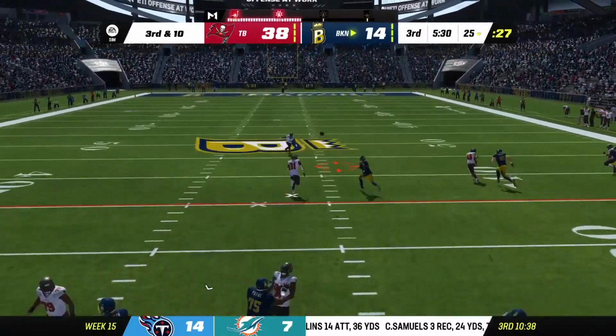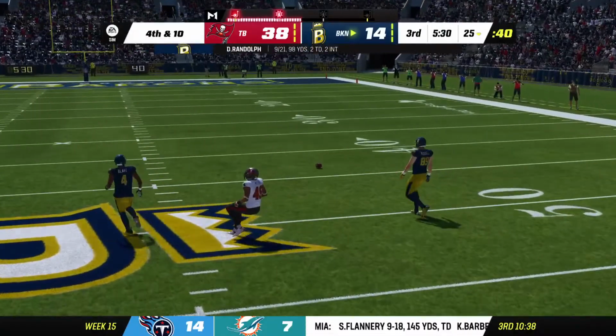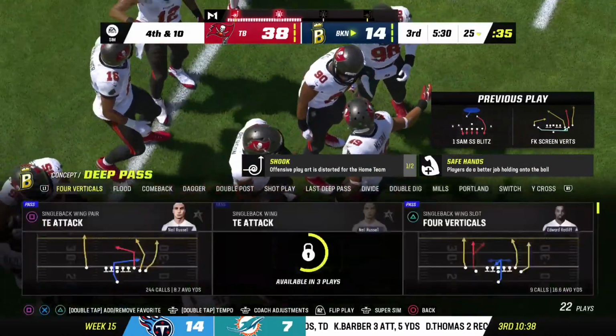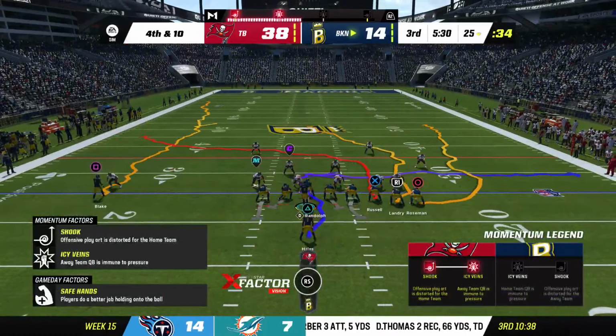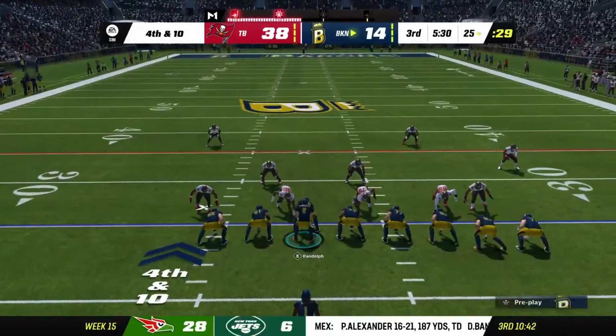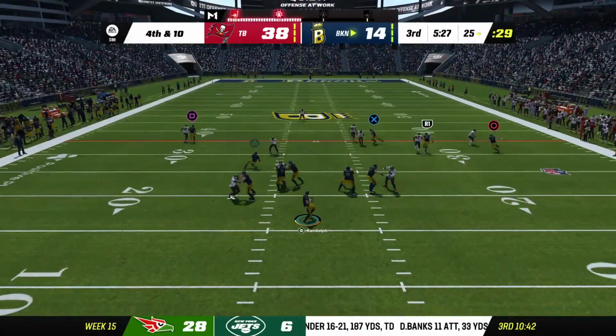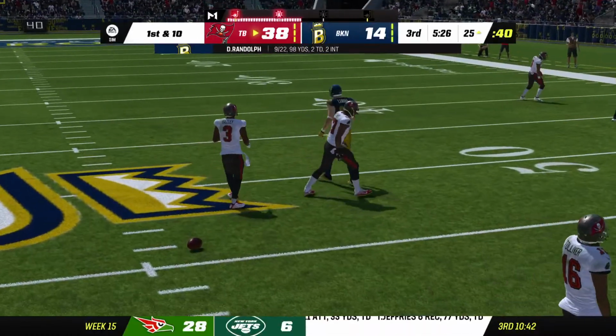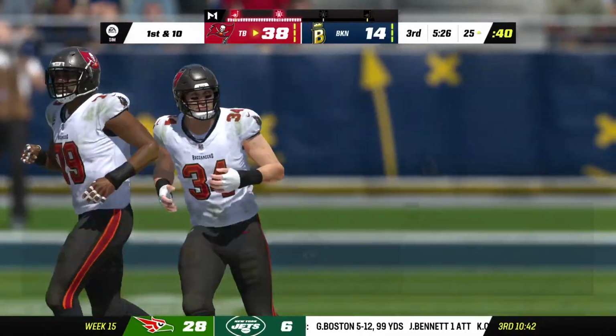To throw on 3rd down. Randolph. And that will be incomplete. I think it's safe to say that he's made some questionable decisions out there so far. Forced some throws into tight coverage. He's already been picked off in this game. 4th down now, but he was fortunate on that one not to have another turnover on his ledger. Now, meanwhile, they go for it on 4th down, and my goodness, incomplete. Boy,